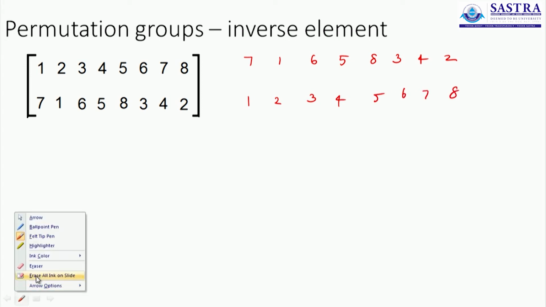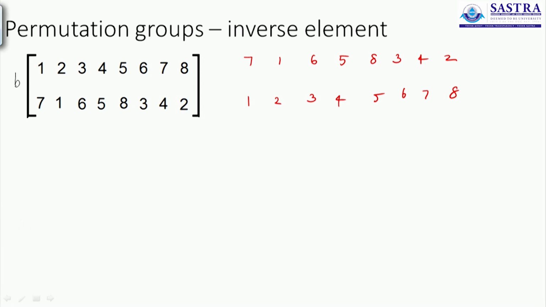And now for the inverse, if you call it B, I'll write B dash easily now by just rearranging the columns here. The strategy is to rearrange the columns. And what strategy do you use? How do you rearrange? Rearrange the columns. Arrange them in the order that you prefer. You prefer the 1, 2, 3, 4 order. So do it as it is.